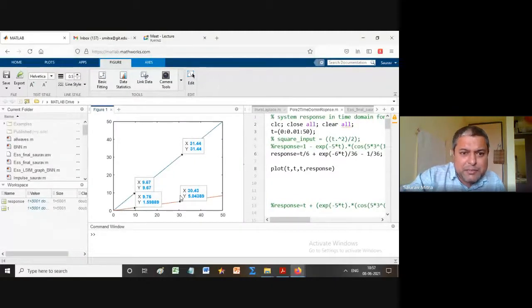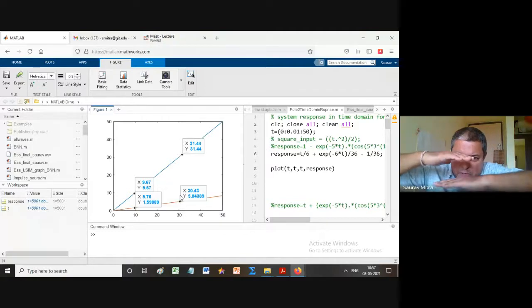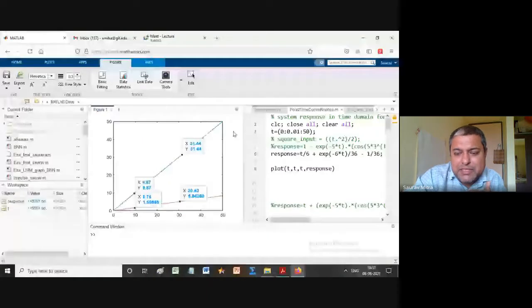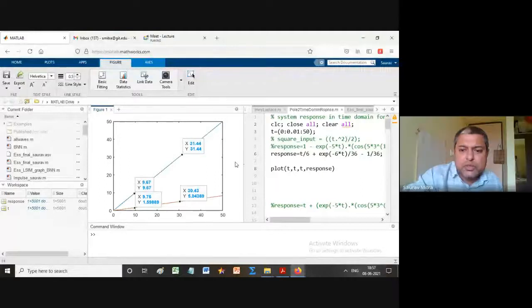Previous response, do you remember? Step response. Guys, please respond. Do you remember the previous response? Yes, sir. The input was at the top and this was the output response. Should I plot it once more, or do you remember it? Do you remember the step response? I had shown you just before this. Yes, sir. Okay, so the step response was going up and it was getting steady like this.